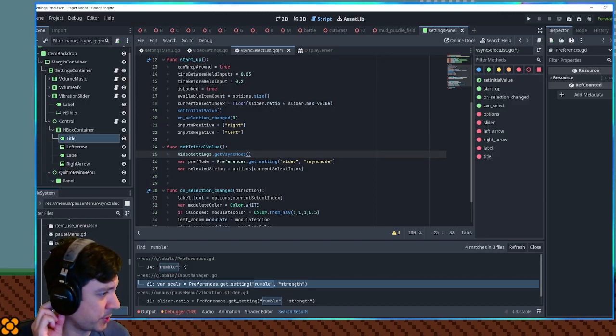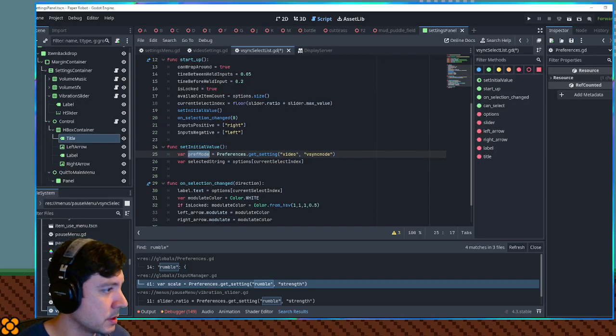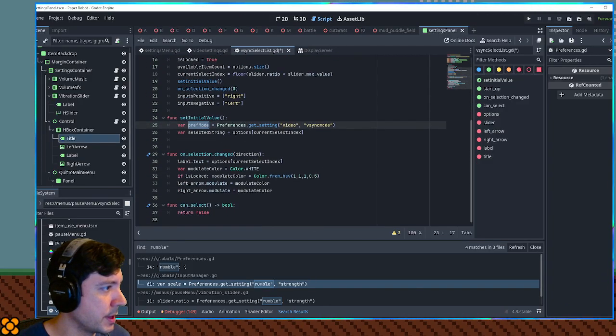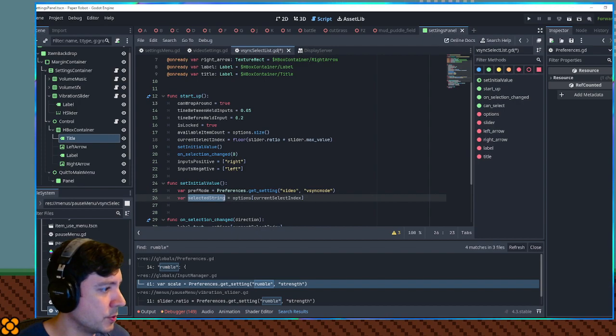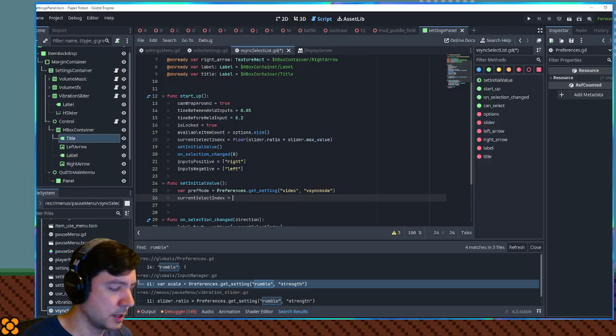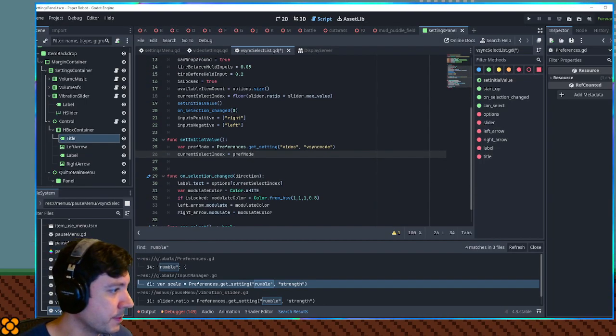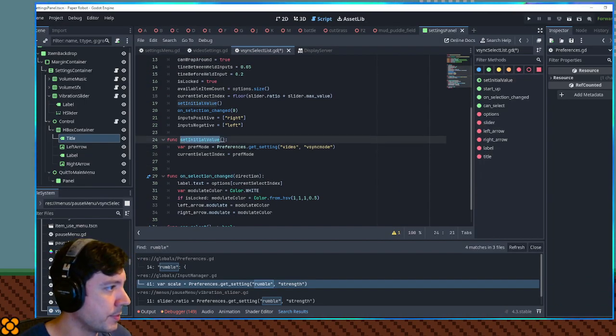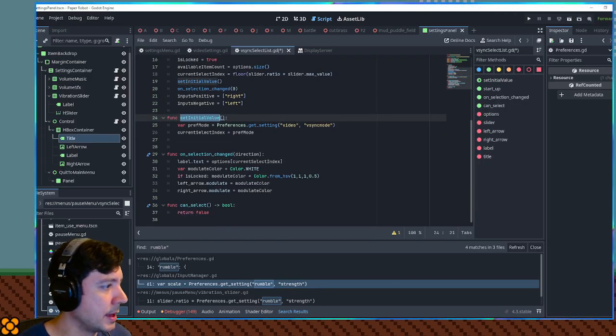Or should we grab it from the preferences? Maybe we should grab it from the preferences. And then we're gonna say current select index equals pref mode. And then on selection changed,